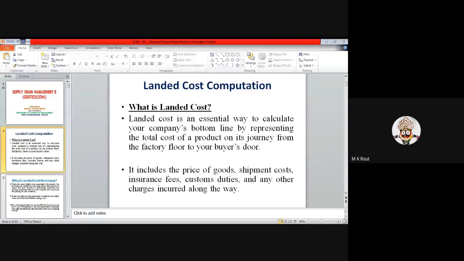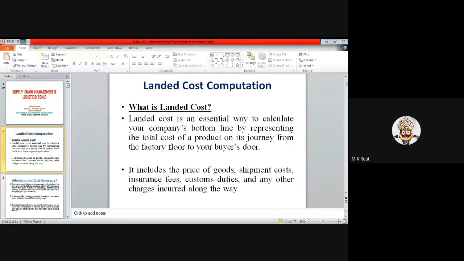Landed cost is essential to calculate your company's bottom line by representing the total cost of a product on its journey from the factory floor to the buyer's stores. It should start from the factory floor to the buyer's stores. Whatever the cost included is represented in the total cost of the product. It includes the price of goods, shipment cost, insurance fees, custom duties, and any other charges incurred